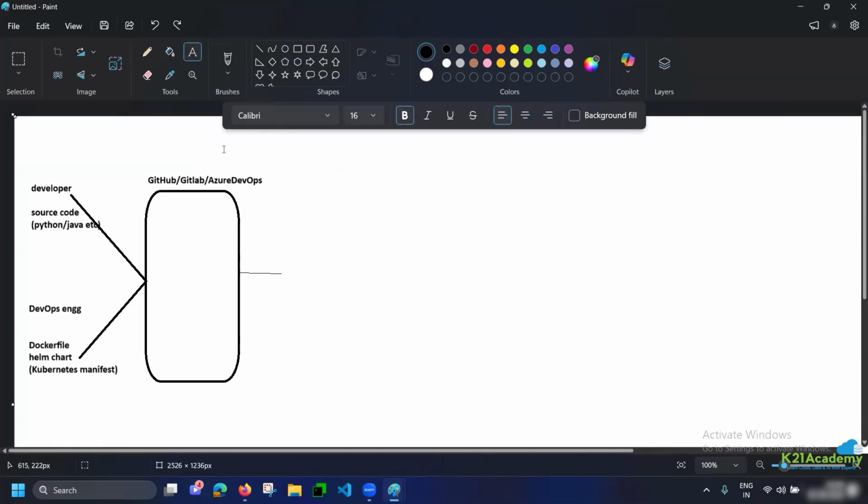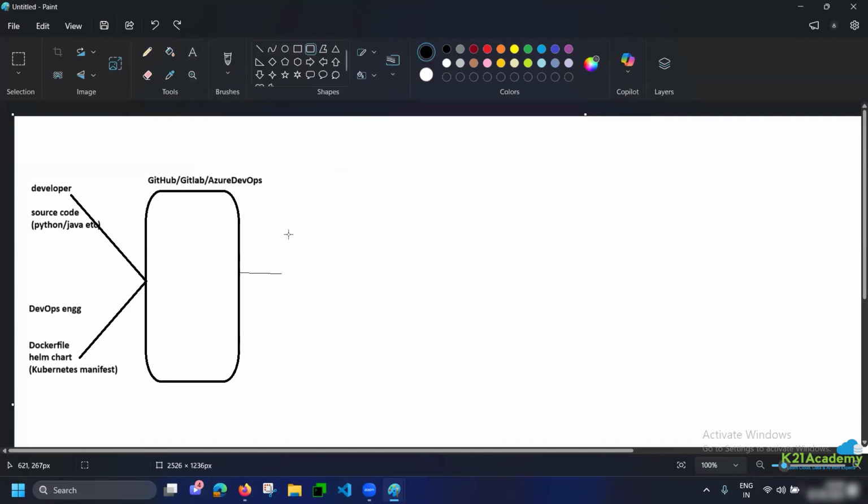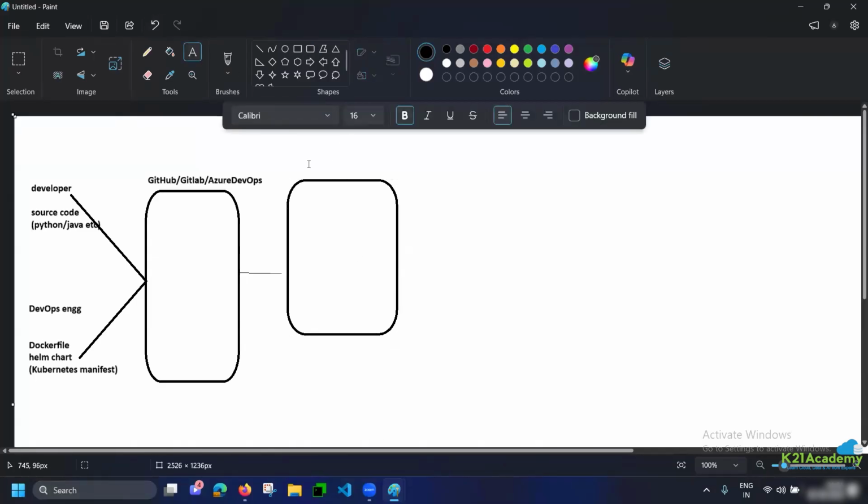This time let me make this image a bit small. So this would be your continuous integration tool like Jenkins or Azure DevOps, where you can create the git lint, Docker lint, Helm lint, and build Docker image